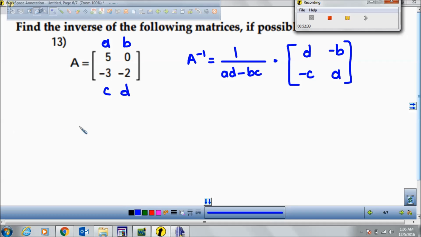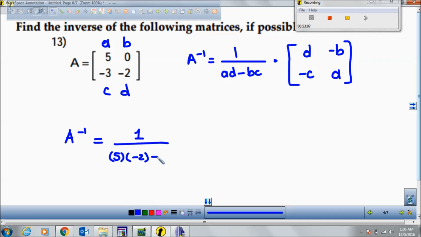So using this method, it's going to be 1 over A times D, so 5 times negative 2 minus B, which is 0, times negative 3,